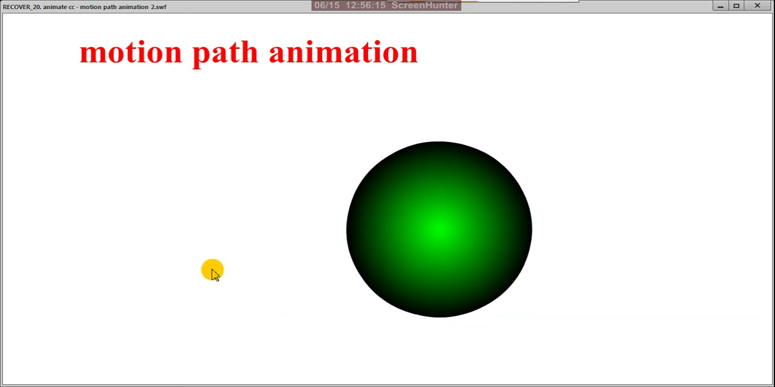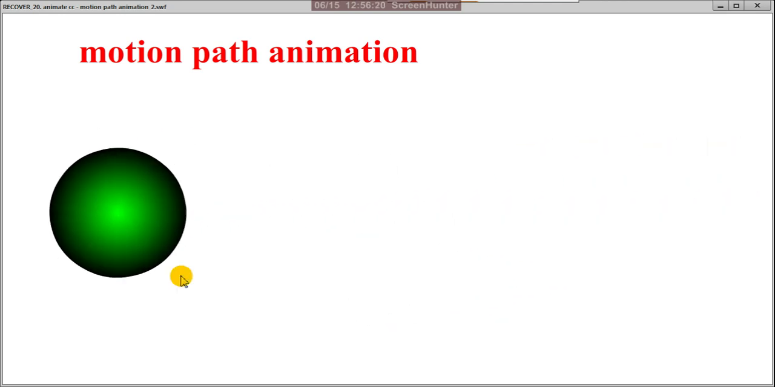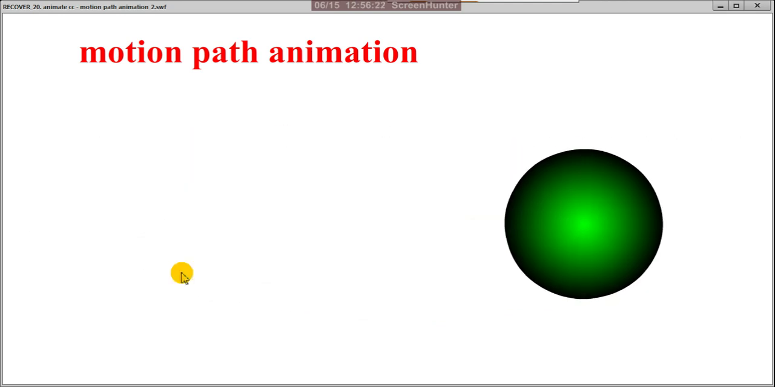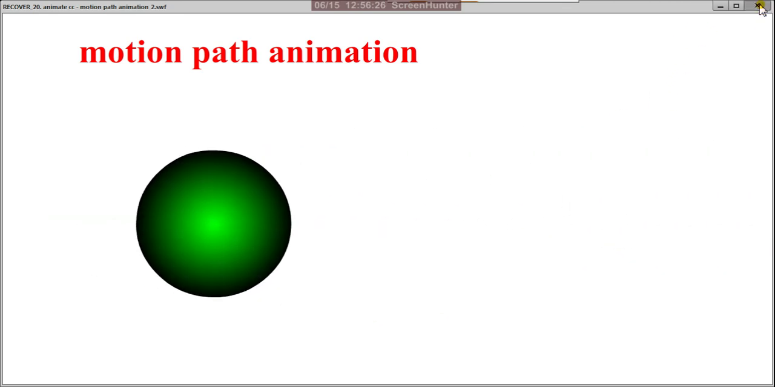Okay, yeah, this motion path we generally use for planets and the solar system. In the solar system, we use it for planet rotations and all. Okay, yes,